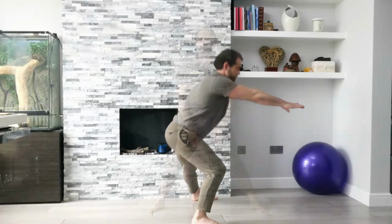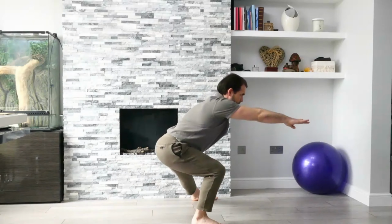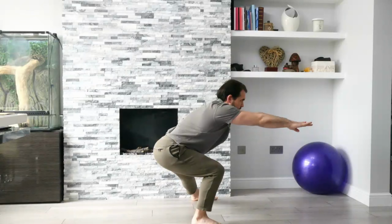So with this side view, we can see the hip hinge and the amount of knee flexion of what we're after. So just holding it here, so you can really see that we want to get the hip shift. So really try and draw those hips back as much as possible. That's going to be helped out by reaching forward as much as you can,